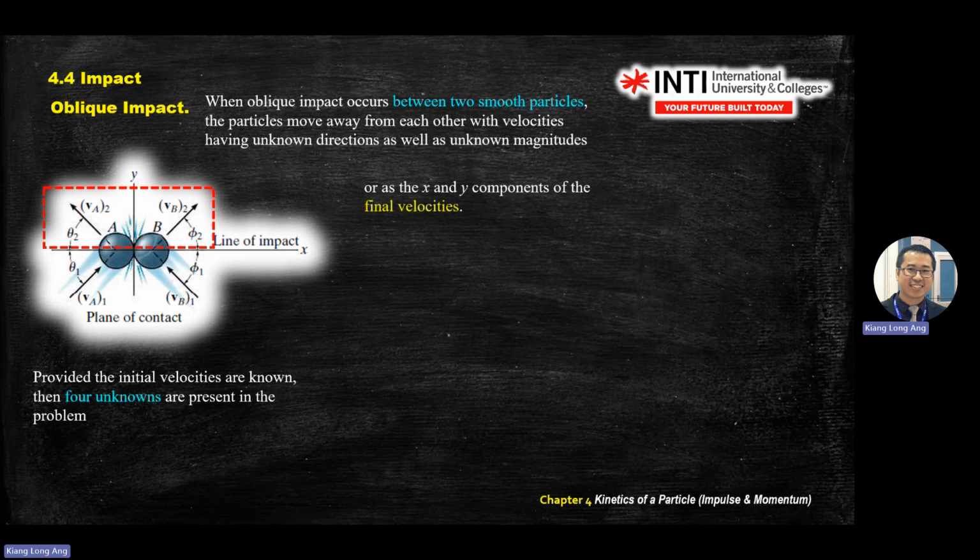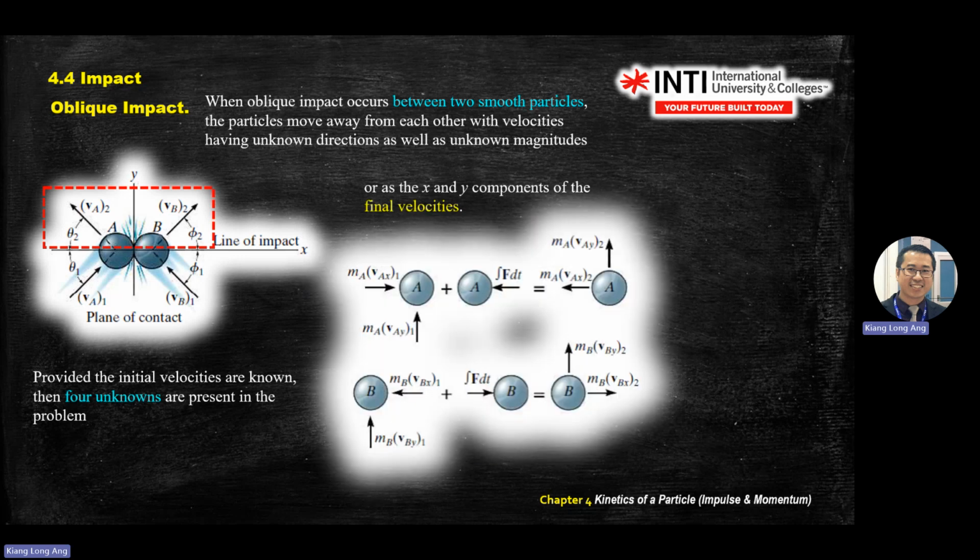Okay, so we have 4 unknowns, but basically you split them into 2 directions and solve the same equation like central impact. Right? As you can see on the screen here, you split your velocity A1 into x and y. This one is also split into x and y, like what you see here,